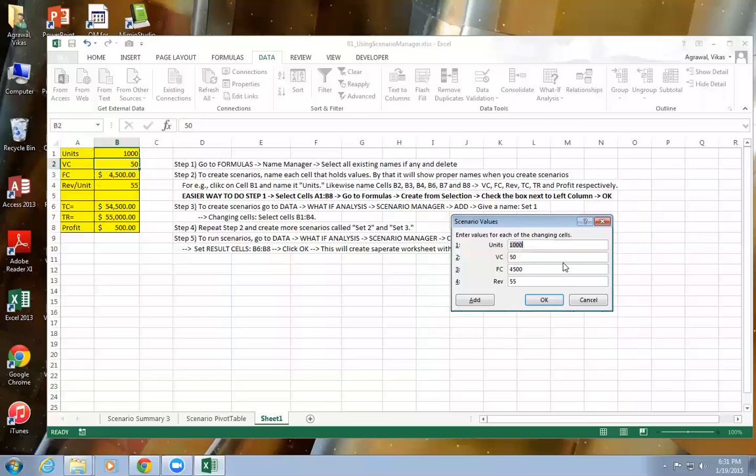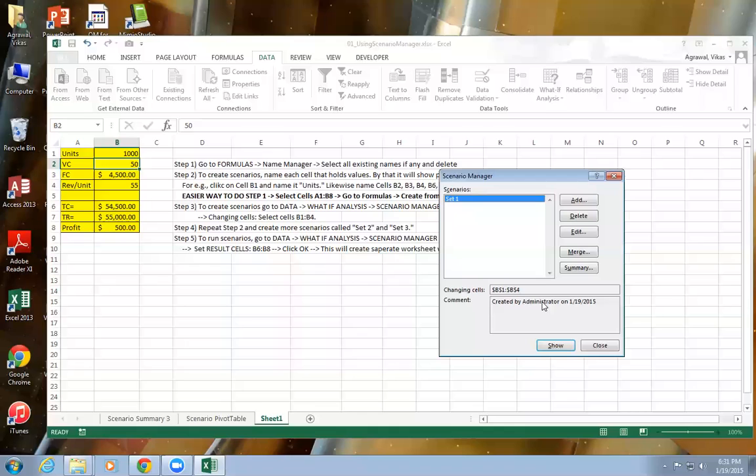In this window you specify what scenario you want to create. For example, let's say my variable cost is increased from 50 to 55, my revenue increased to 60, my fixed cost increased to 5,000. Make sense? That's one scenario. So I'm going to say OK here, and it's going to create a scenario.